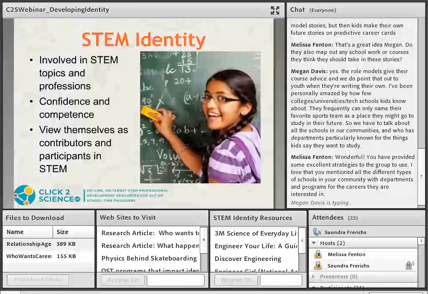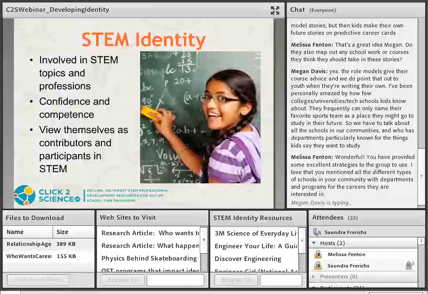Citizen science projects are a great way for students to really feel that they are contributing to the field. Service learning is another opportunity where students can feel a strong sense of ownership and contributing to the STEM field. So getting them involved in the field, getting them involved in the processes or practices of STEM is a really important experience we can provide for students.